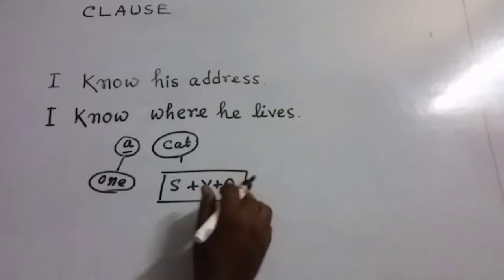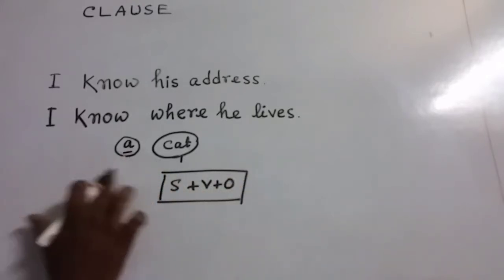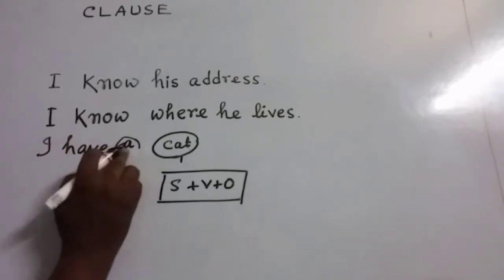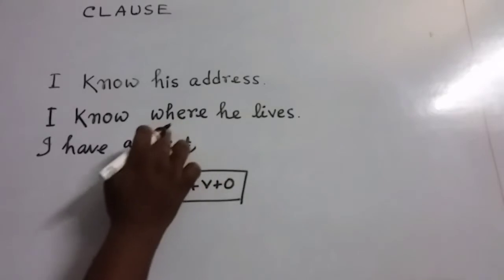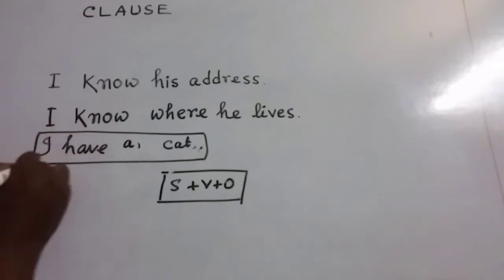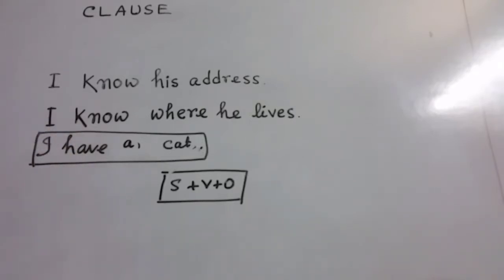We all know it. Just like this one, I have a cat. In this way it became a sentence. This group of words became a sentence. Now my dear friends, we'll think about some groups of words today. These groups of words help us to complete the sense of a sentence, or sometimes these groups of words entirely give us a meaning, just like this one.